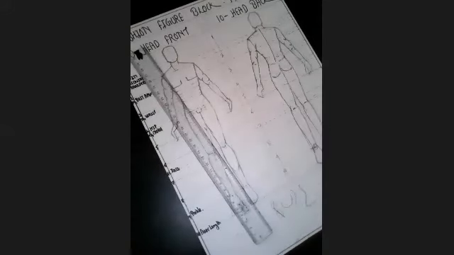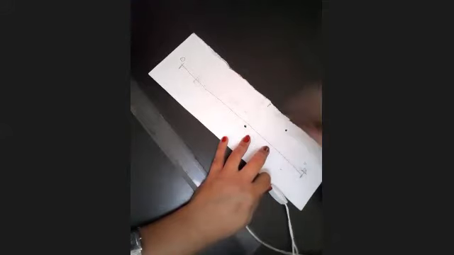So basically, I will divide my, let's say this is, I'll take this side. So let's say this is my 12 inches line. I will divide this 12 inches into 10 parts. 1, 2, approximately 3, 4, 5, 6, 7, 8, 9, 10. Like that. So even though it is 12 inches, this is 10 parts. I have got 10 parts. 1, 2, 3 to 10 parts.